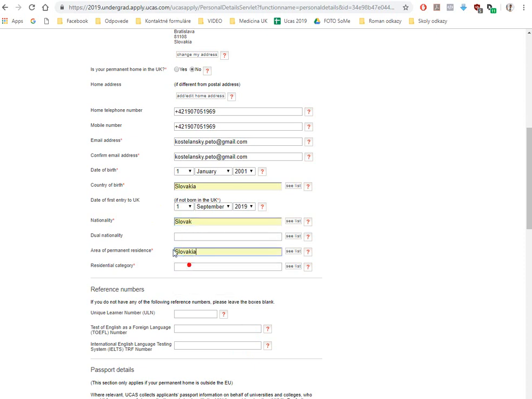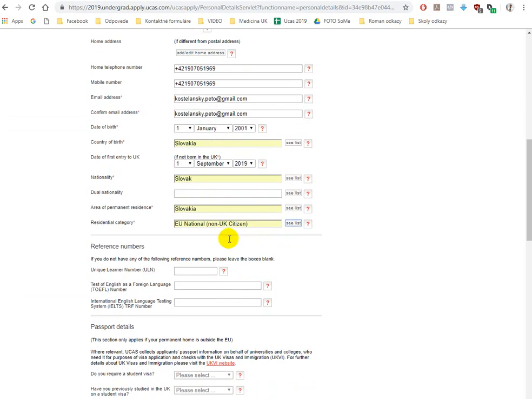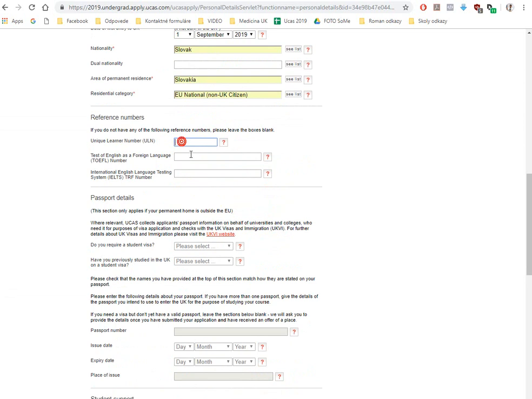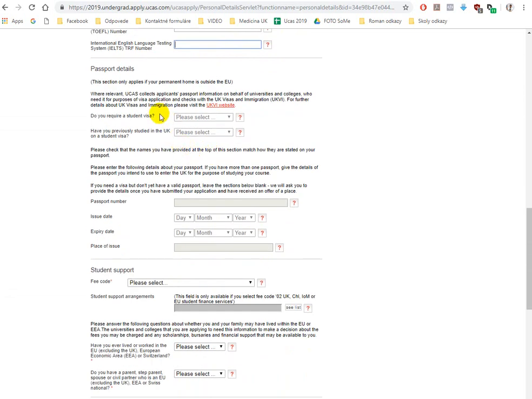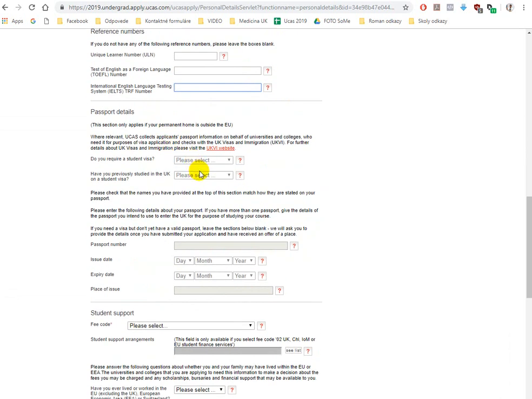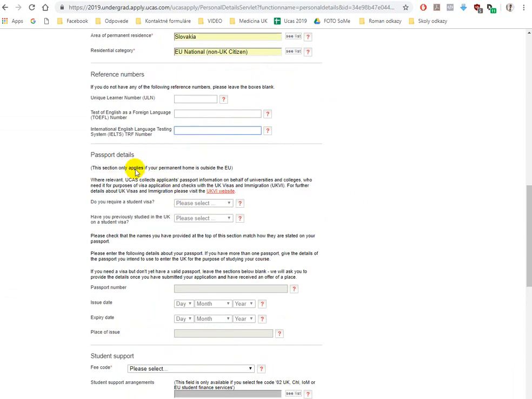Area of permanent residence, I don't have dual nationality. If you would have, for example, Portugal or any other nationality, just type it in. And residential category, I'm from EU. If you want to find a list of residential categories, you can always hit the list and choose one option. Reference numbers, here you don't fill anything. Passport details, we typed in that we are from EU, so we don't need any passport